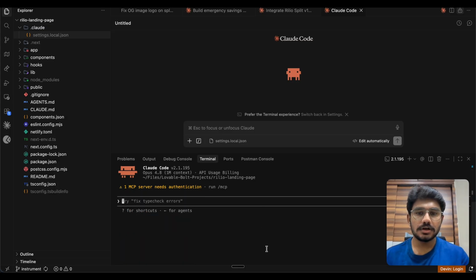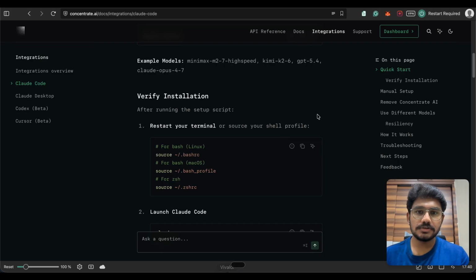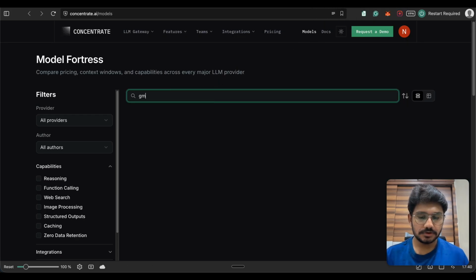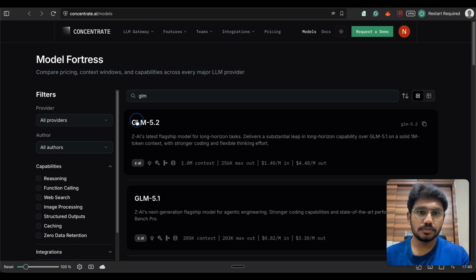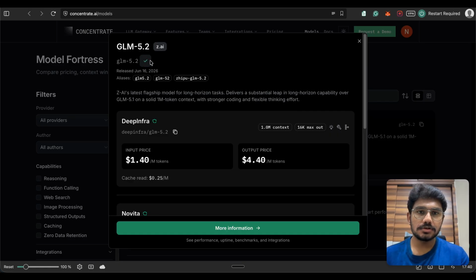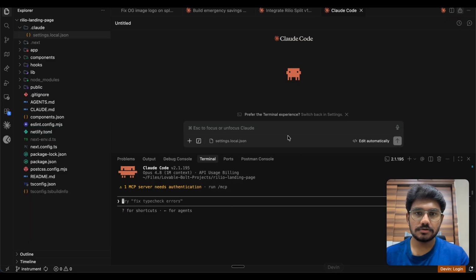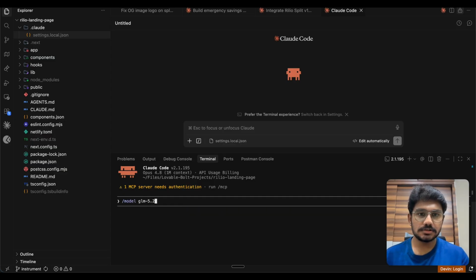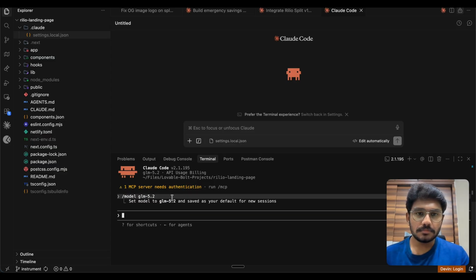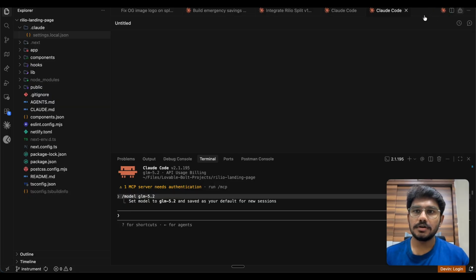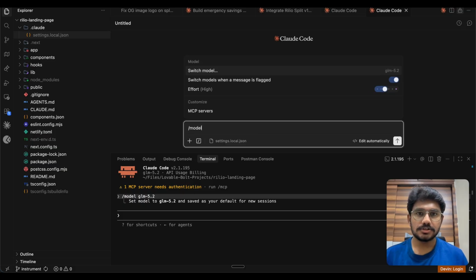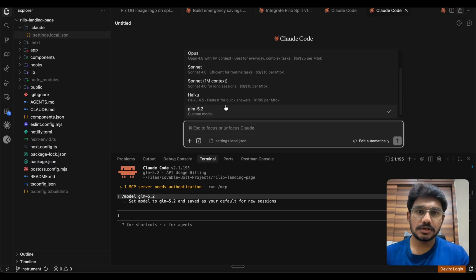Let's say now we'll try to use the new model that we have, which is GLM 5.2 directly over here. I'll just search for GLM. So this is the model, right? I'll just copy this out and I'll go back to Claude. I'll type out slash model and I'll paste this thing. So yeah, as you can see, I have pasted this out, right? I'll now open a new Claude Code session. So yeah, if I go to slash model, you should be able to see the custom model that we have,